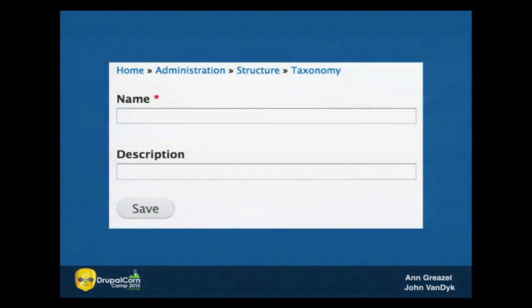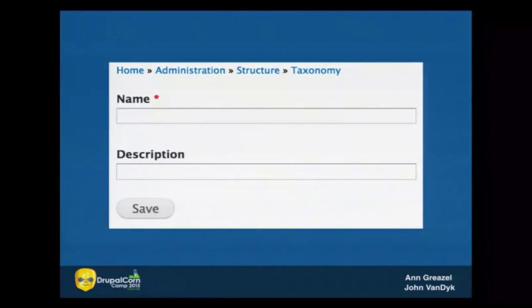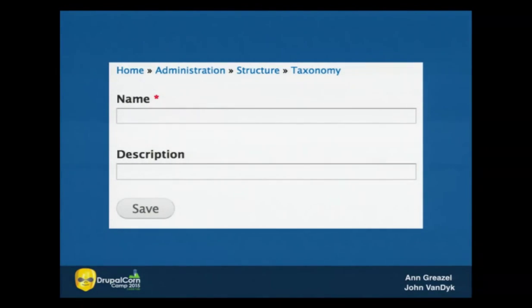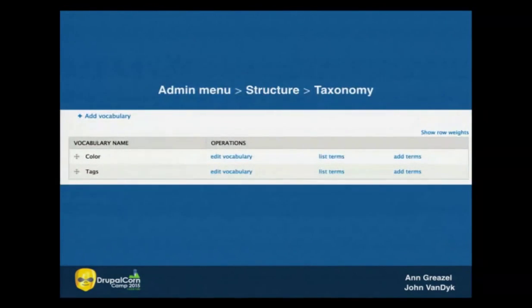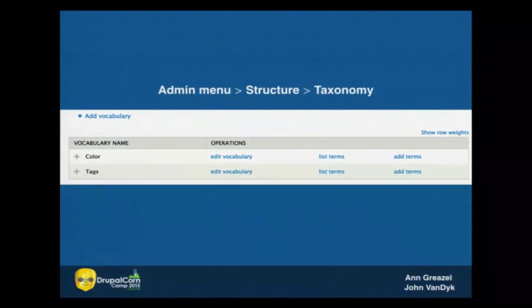And what you're going to be given is a name and description field, and you can save that. So the previous vocabulary that's already coming with Drupal is called tags. So you can come up with a new name that is yours for this new vocabulary. So for example, like we've been talking about, maybe color is the name of that vocabulary. So you can add color.